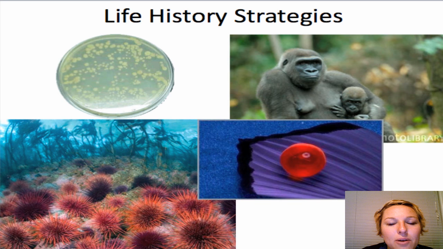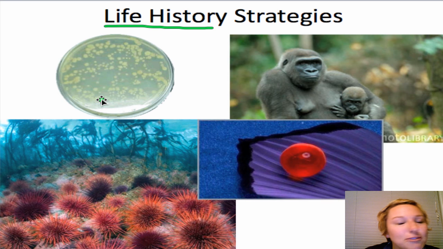Today we're going to talk about how different populations and individuals of those populations survive, what their life history is like. In other words, each species on this planet has a different way of reproducing. It has a different way of being born into this world. It has a different stage in its life in which it becomes sexually mature. And it also experiences different death rates within different stages of its life. So these are just a few different ways that new life can be brought into the world.